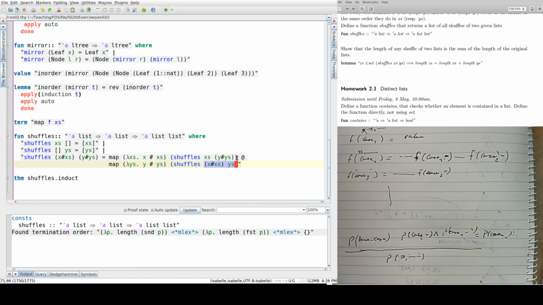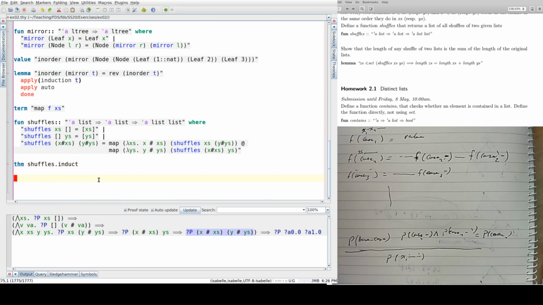So if you look into this general pattern here for shuffle and induct, for the first base case, if you want to prove a predicate for a list of arguments equivalent to the list of arguments that the function shuffled takes, you must prove that predicate on the first base case and the second base case. And for the third recursive case, you will be given as many induction hypotheses as there are recursive calls, but on smaller arguments, and then you need to prove P on the bigger argument. In any case, I'll show you how to use that induction principle to prove